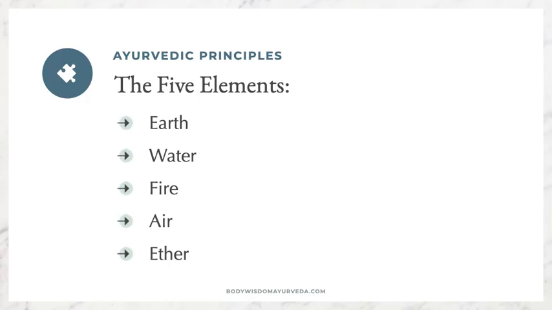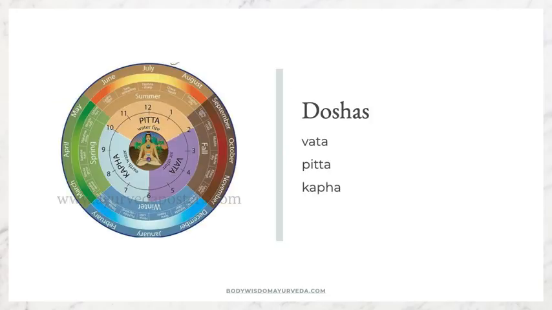Every substance contains all 5 of these elements. That said, in any given substance, 1 or 2 elements are typically predominant over the others. So this brings us to the doshas. Doshas are functional compounds that arise naturally when the 5 elements come together. Doshas are gross as opposed to subtle, meaning that we can perceive them with our ordinary 5 senses: sight, sound, smell, taste, and touch.